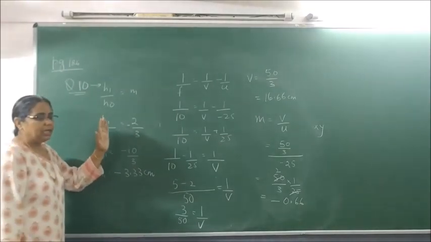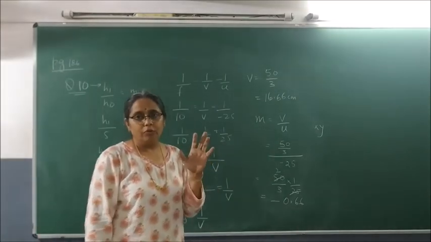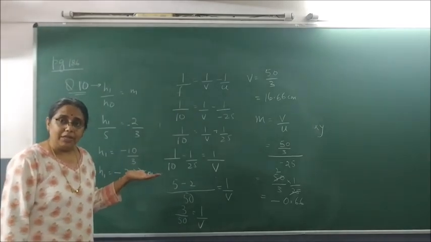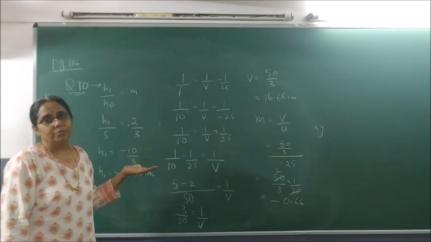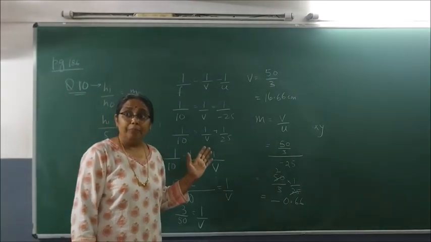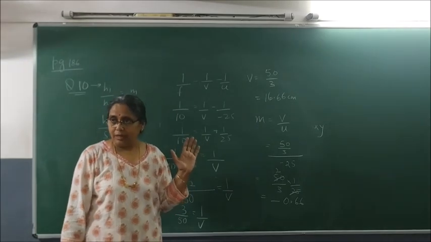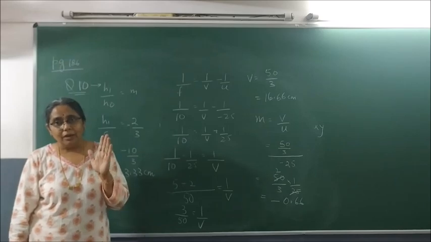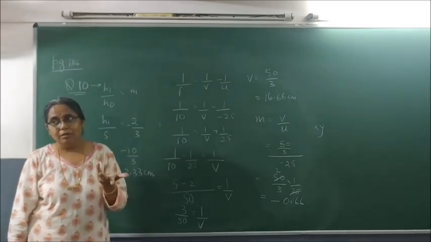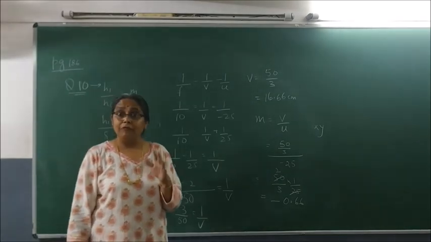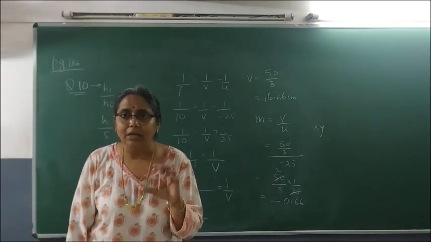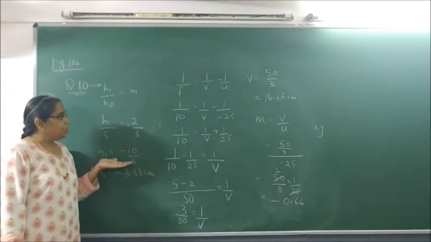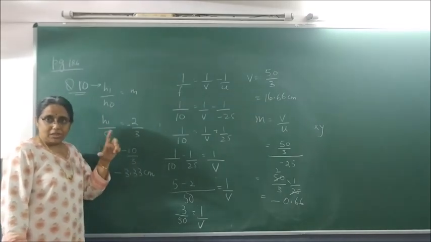This is all happening in what lens? In convex lens. So we will again take a scale and draw the ray diagram. Where will the object be placed? The object should be placed beyond 2F. So the image will be formed beyond F2, between F2 and 2F2. It will be real, inverted and diminished. Clear? But how to draw if you don't get it? Please tell, we will explain it to you taking the scale.